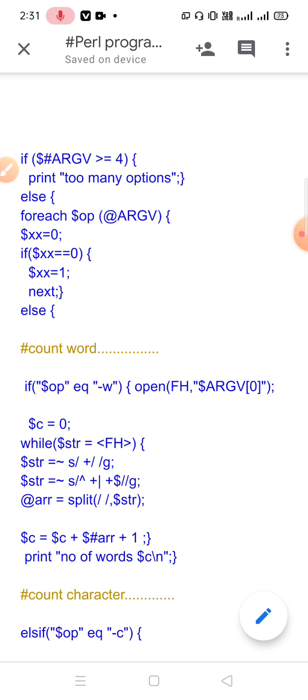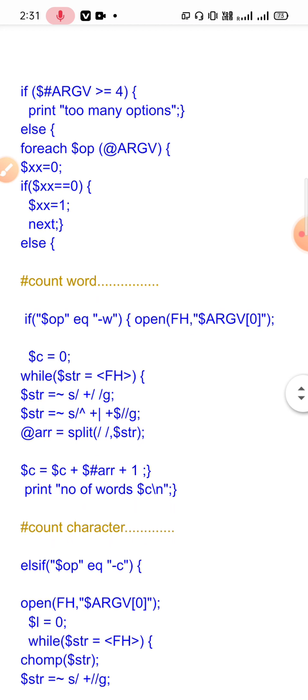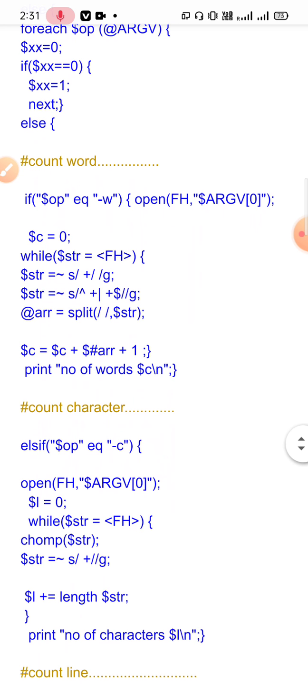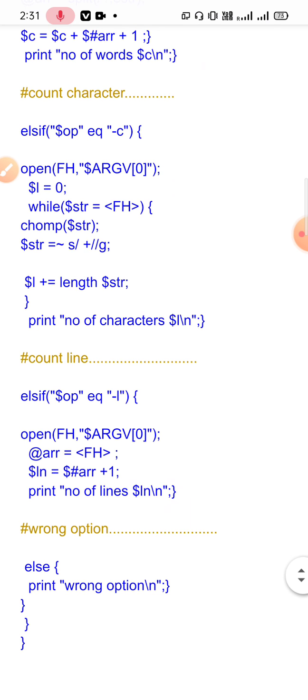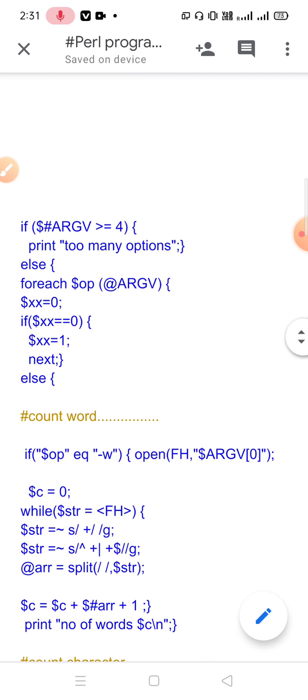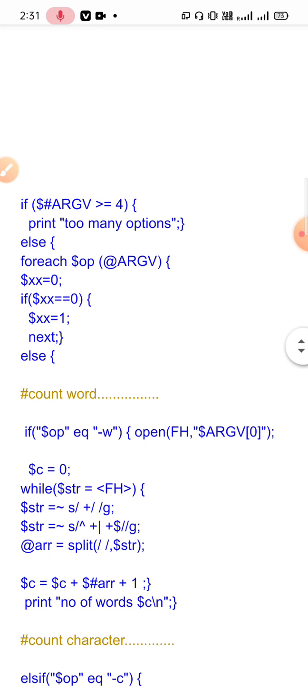Suppose the first option is -l, so it will print the number of lines, and go to the next option. If the option is -c, it will print the number of characters, and if the option doesn't belong to -w, -l, -c, then it will give an error message, wrong option. And if the number of options is more than 3, it will give an error message, too many options.